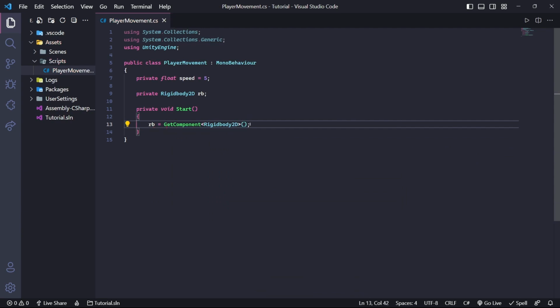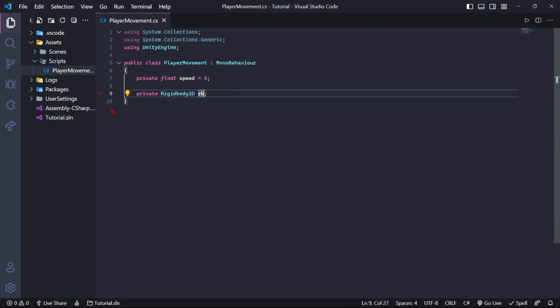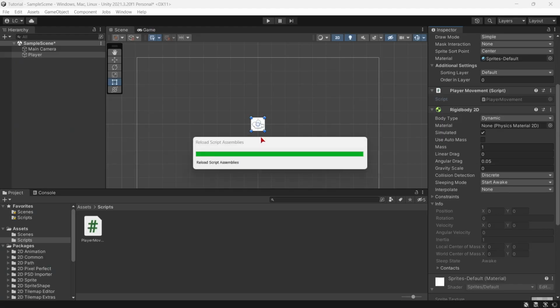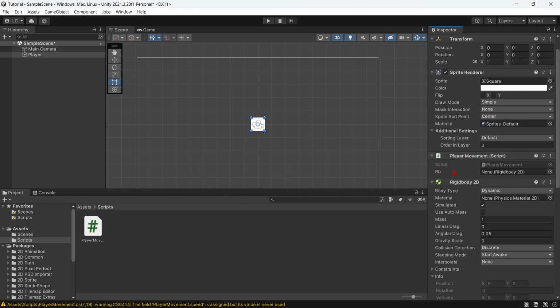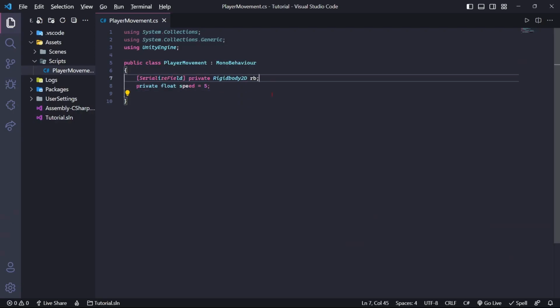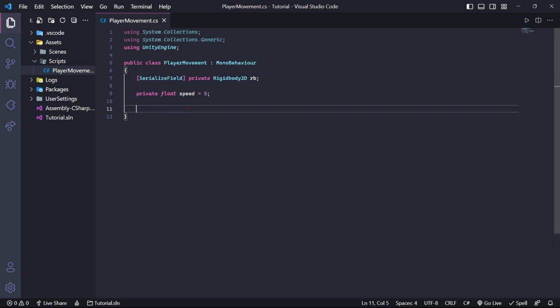Okay, this is the first way of doing this, but the other way, where you will write no code in order to assign it, is to actually serialize our variable. By doing this, if we come back to Unity, you will see here a field which is named RV, and we can just drag and drop the reference we want to assign. Just going to here in the code, move this variable up. Now we are going to create our